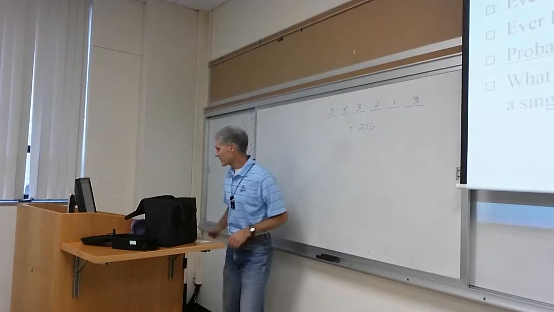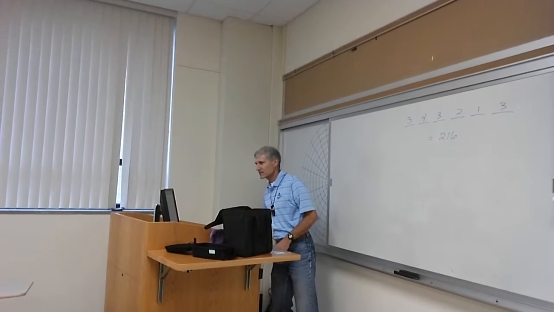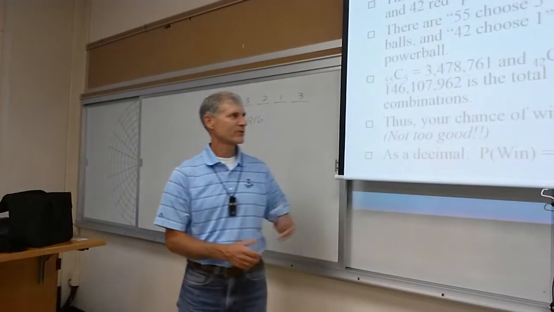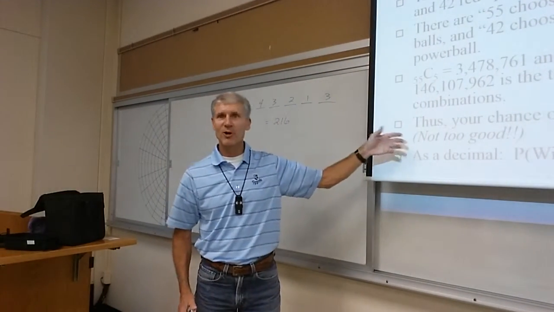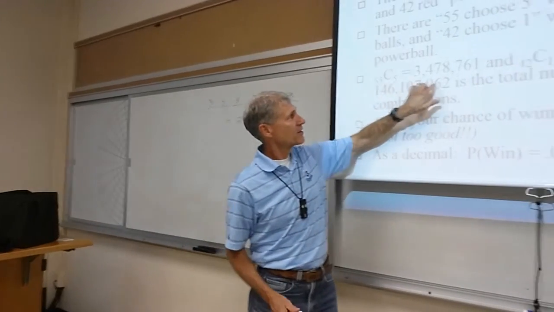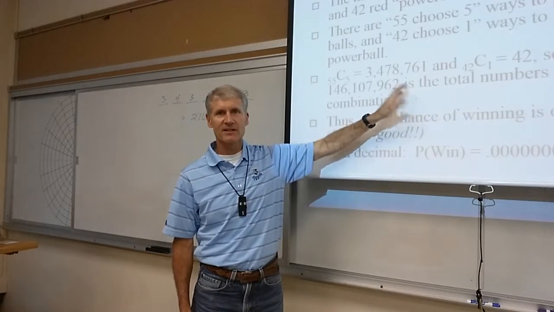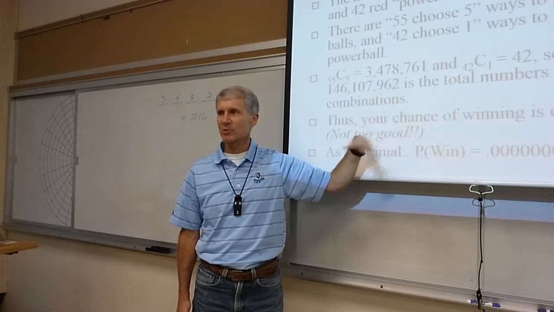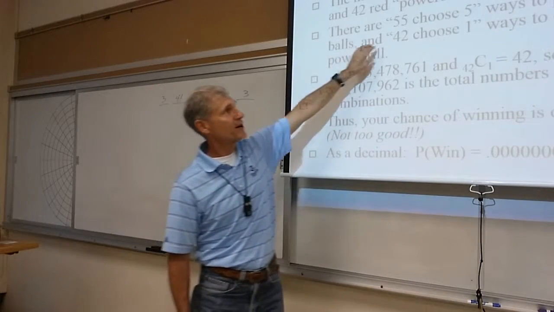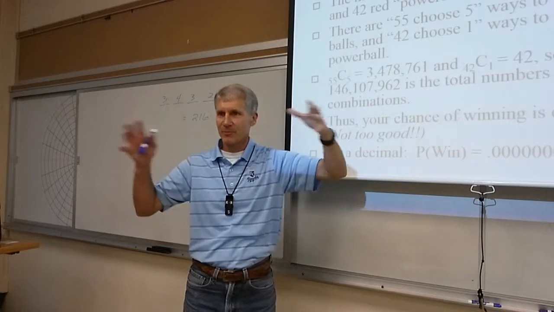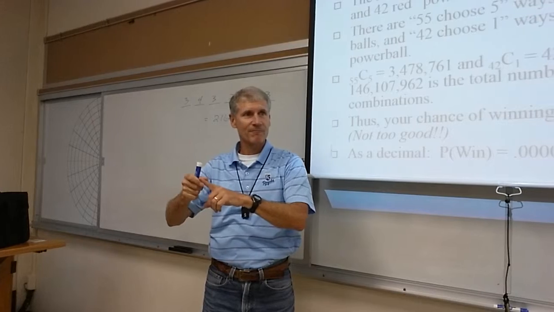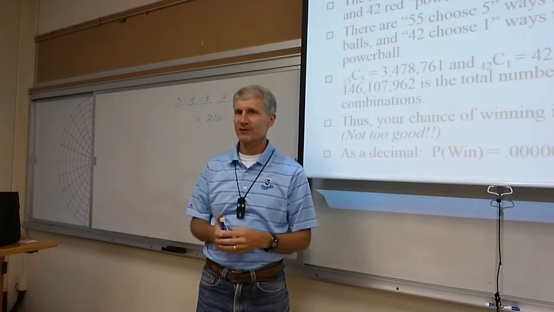Okay, so let me go to the next slide. This slide is actually outdated. This is several years old, and fairly recently, the last 3 or 4 years, they added more balls into the bin. So the way this probability is computed is in the remaining 2 sections of the chapter, which we're not going to do. So I'm just going to breeze over that. But you pick 5 balls from the white numbers, the white balls, and then you pick 1 red Powerball. Right? That's the way the Powerball lottery works.